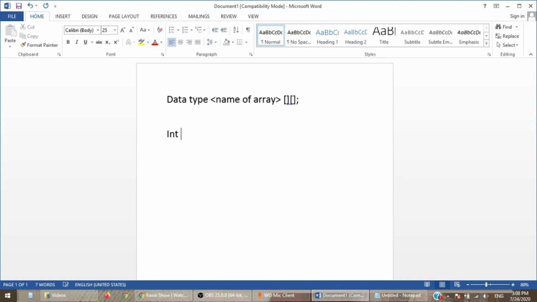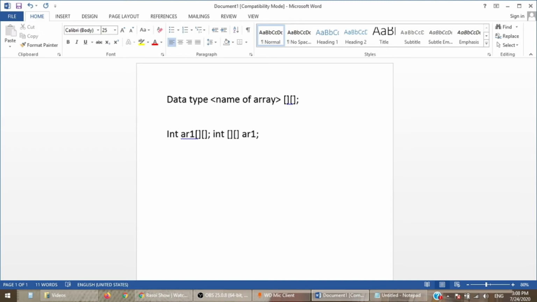Say for example, integer is a data type, name of array is AR1 and then two square brackets. You can also write this line as integer, then two square brackets and then name of array.